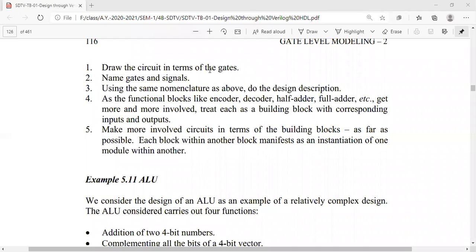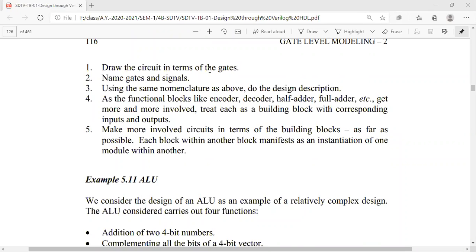That means you have to draw the gate-level diagrams, and you can split that very big circuit into small modules and write the code for each and every single small module. When you think of a very big circuit, you have to think of what the inputs and outputs are. In the same fashion, when you think of small modules, you also have to think of the basic inputs and outputs.